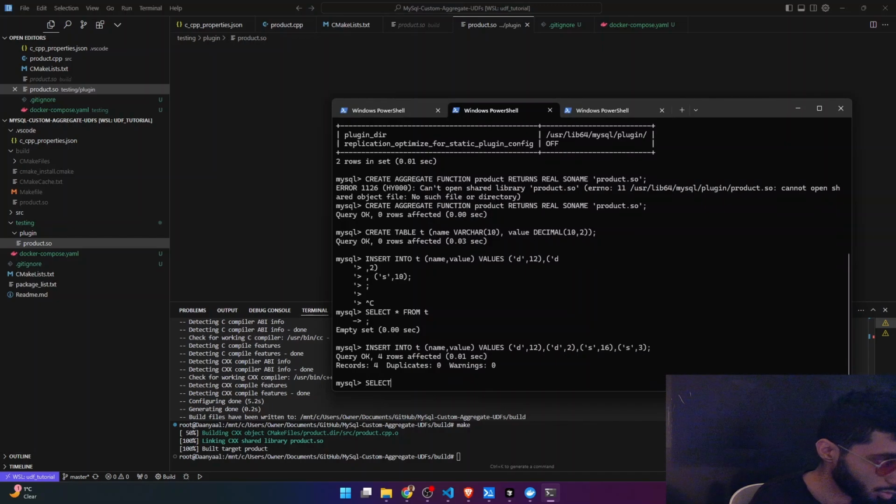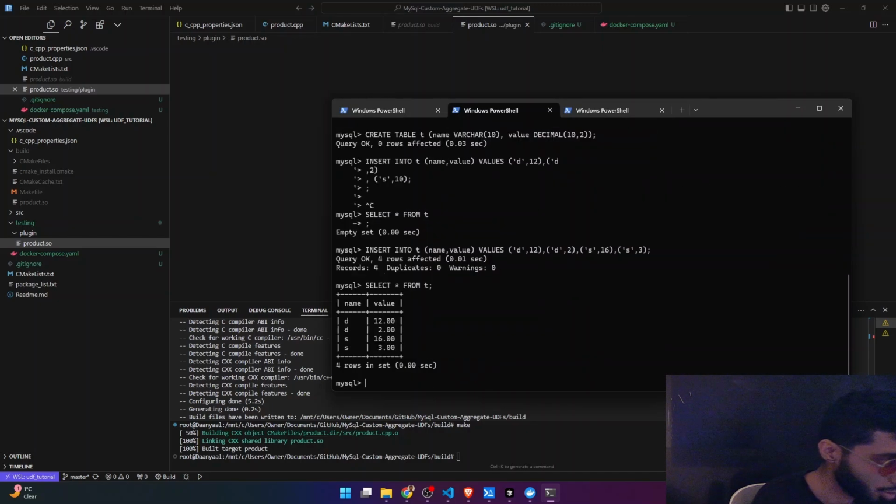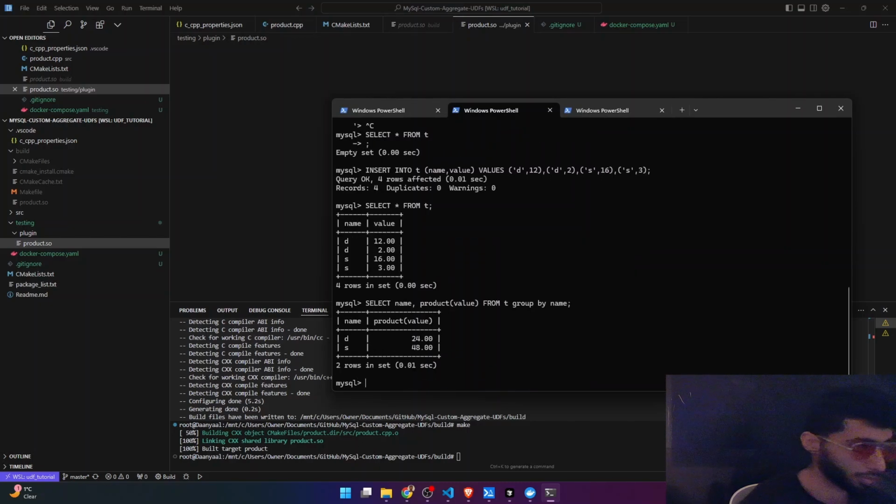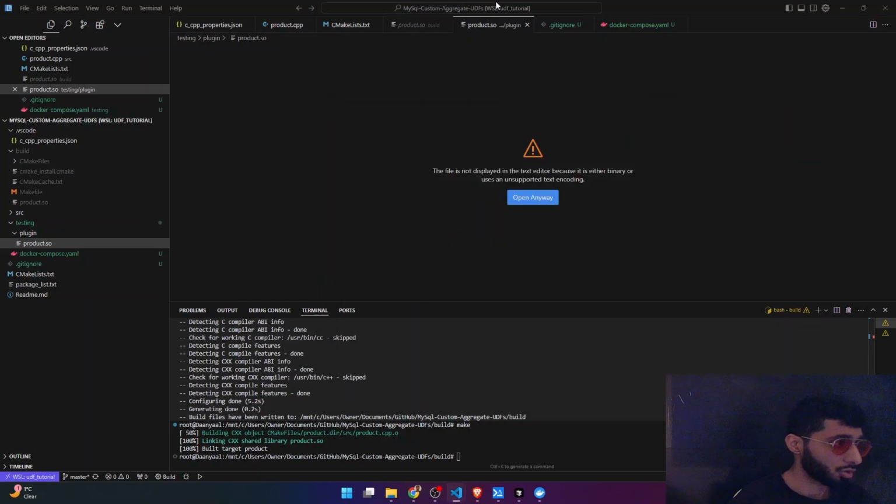We go select star from T. Yeah, you can see that it works, and I can do select name, product, value from T group by name. It works. Very nice. 12 times 2 is 24. 16 times 3 is 48. I'm going to show you how to get that and to prove that it works in a different processor as well, different CPU architecture. But at this point, you can see that we successfully wrote the source code and built